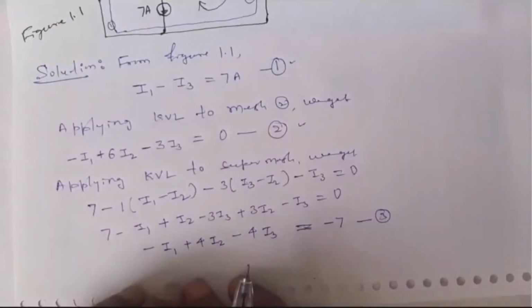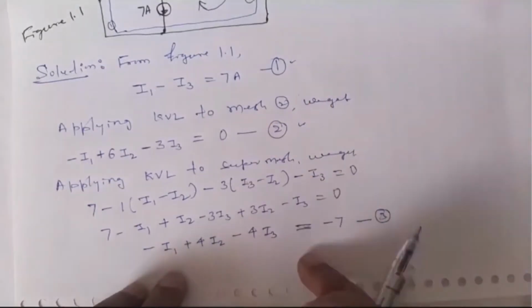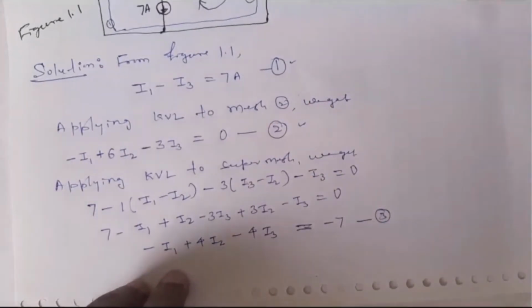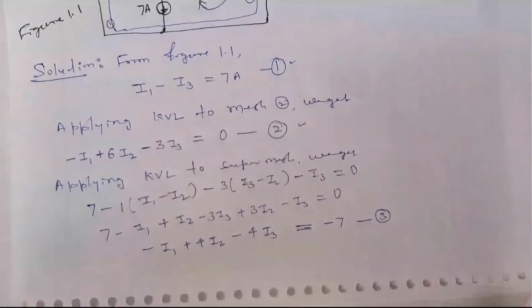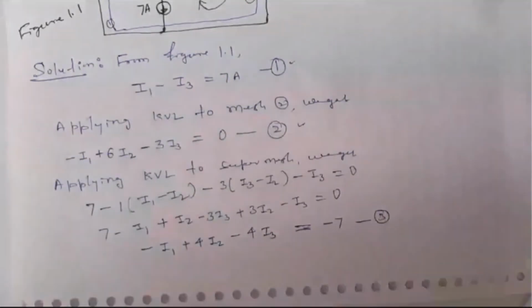Dear students, you have 3 equations, and for 3 equations there are 3 unknowns, right? So obviously we can easily solve this. Okay, 3 equations and 3 unknowns can be easily solved. One more very important thing is you can either use a determinant method, or else you can adopt the normal simultaneous solving of the equations, a traditional method.